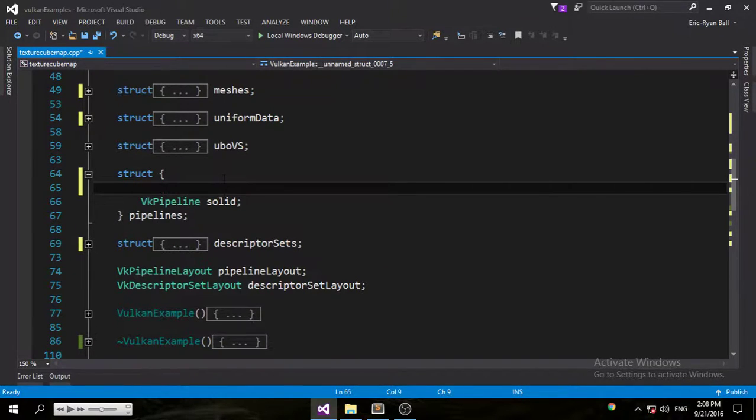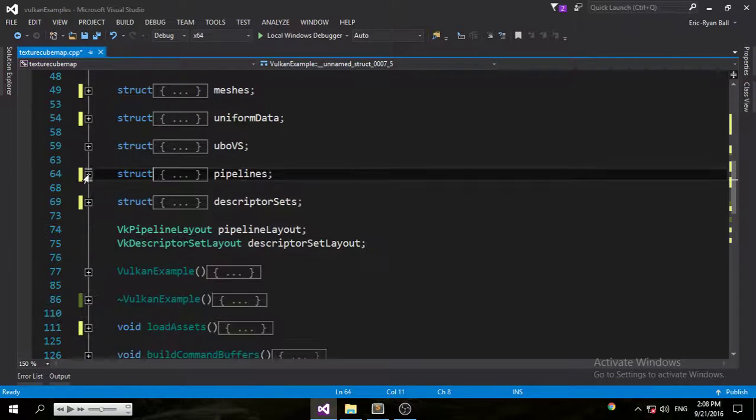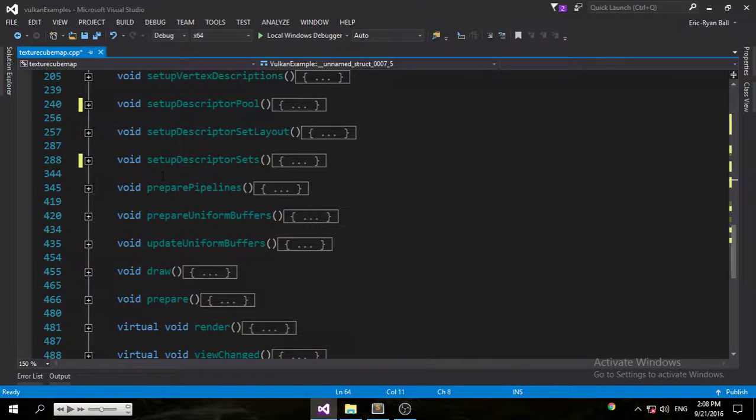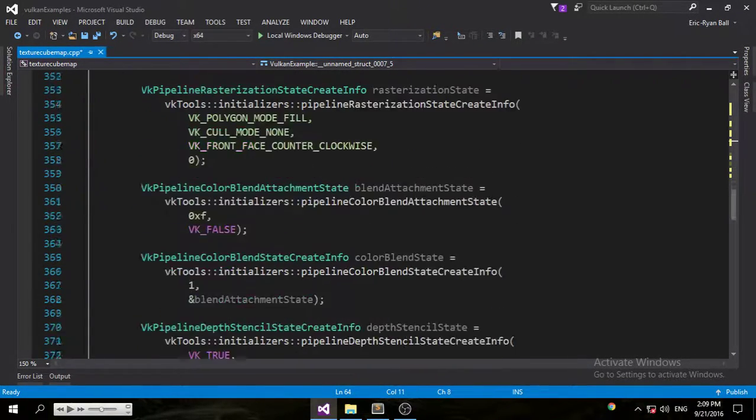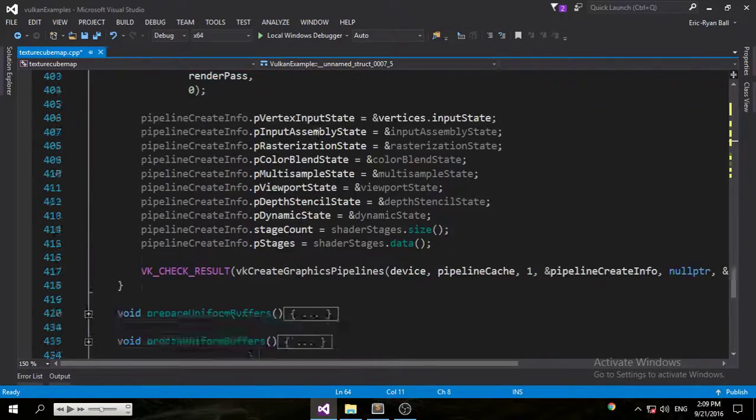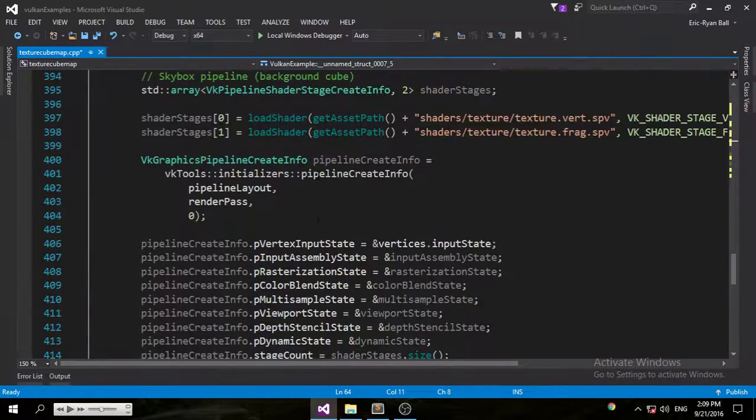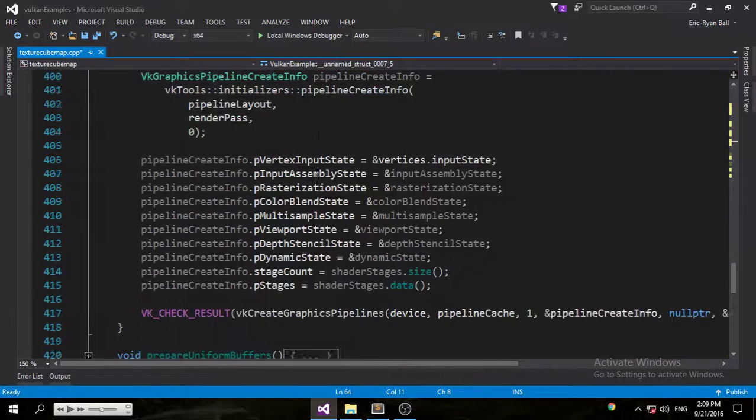So a pipeline basically just gives properties for our meshes. And we'll talk about pipelines in a future video also. So we go into our prepare pipelines function. And to create a pipeline for our Cubemap object,